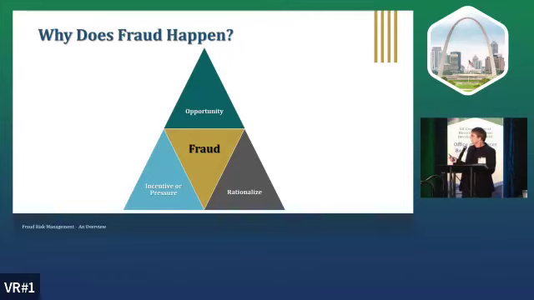So let's talk a little bit about fraud. And I didn't put it in this presentation. I would encourage you to write it down and look it up. The Association of Certified Fraud Examiners publishes a report every year called Occupational Fraud, a Report to the Nations. Across the globe, it writes a report on what fraud has hit, why, and what the causes were, and you can take that information and use it to look at your organization when you're doing your hopefully at least annual fraud risk assessment.